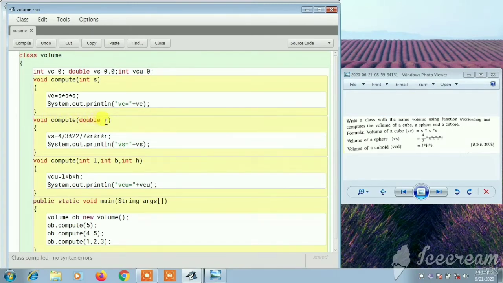The argument is R, where R represents radius. The formula of volume of sphere is 4 by 3 into pi into R cube, so I need only one variable, that is R.